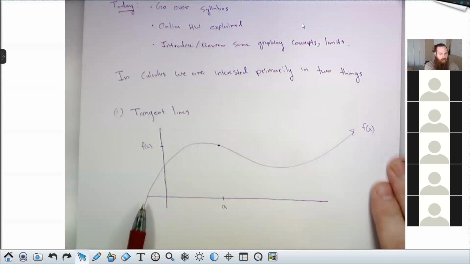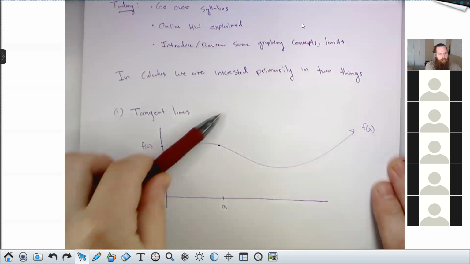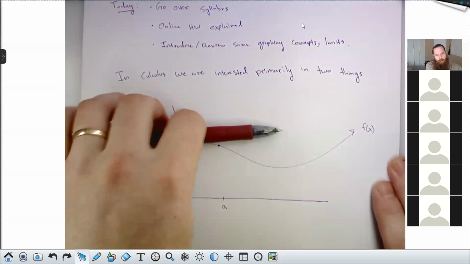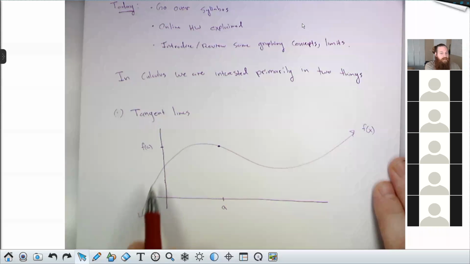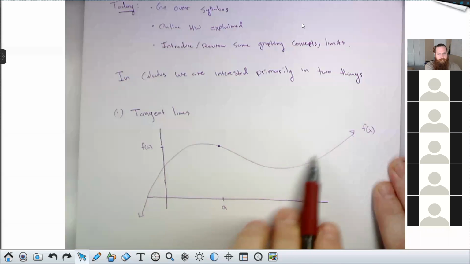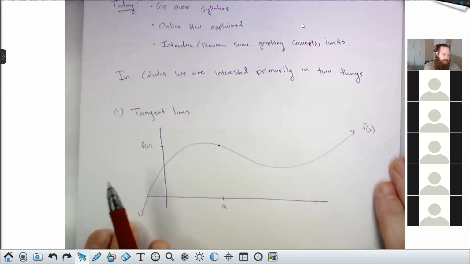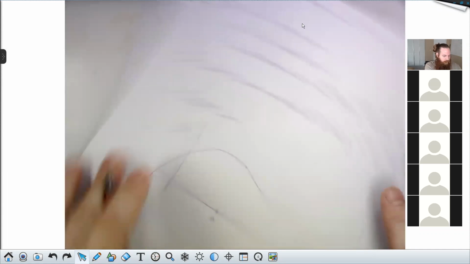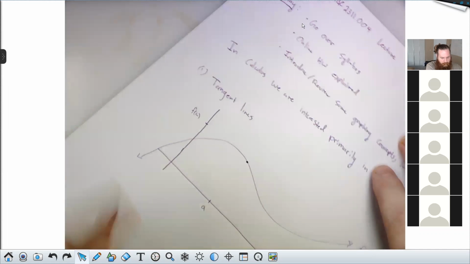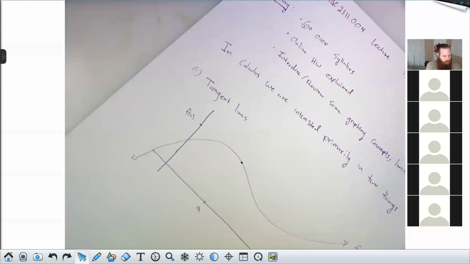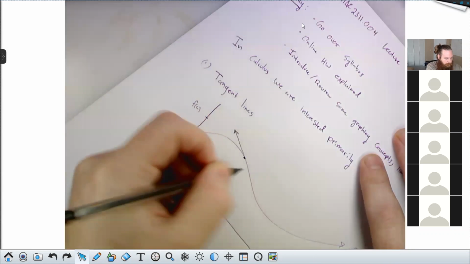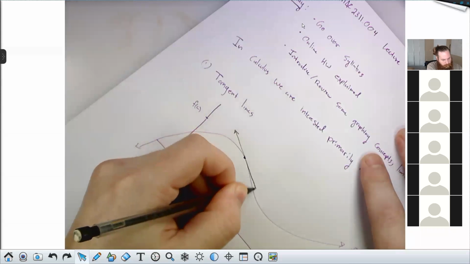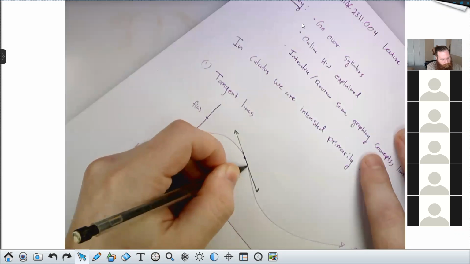So if we're looking over here, as we go to the right, the height of the function is going up, right? We're going up, up, up, up, up, and then over here we turn around and we start coming down, down, down, down, down. If you imagine a guy skiing along the slope of this hill, his skis are basically what we call the tangent line. So if that's the graph of the function, I will add in here in pencil a picture of the tangent line.